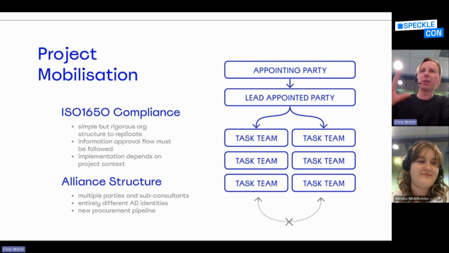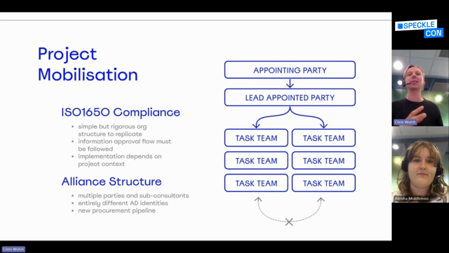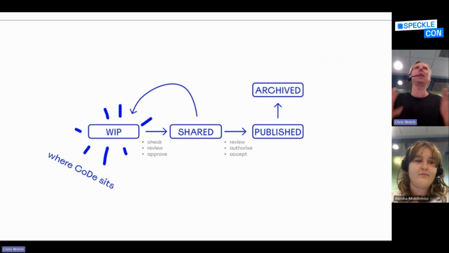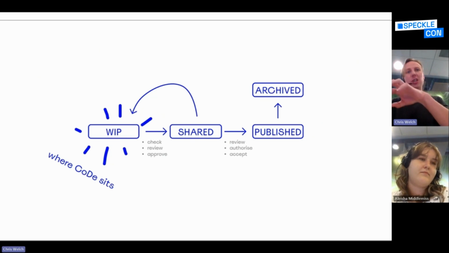But the key component here is that the work packages are split up into task teams, and task teams are not allowed to share work across task teams. It needs to go into this shared pattern. And that, in the end, became sort of the bounds of computational design from my perspective, which is we are not reviewing and approving anything that is going through engineering teams. It's going through layers and layers of approval before anything gets shared, and therefore all computational design just needs to exist in these WIP spaces, and then we just need to have mechanisms to take shared information and bring it